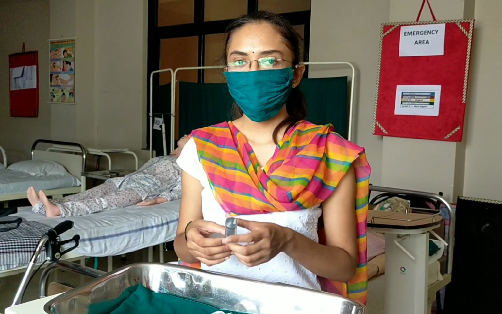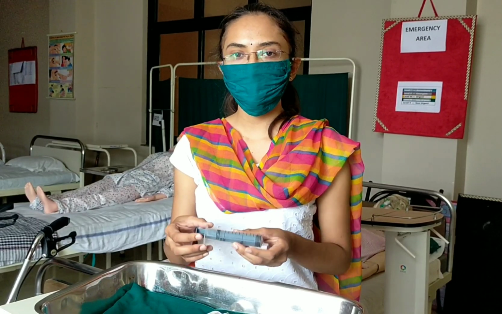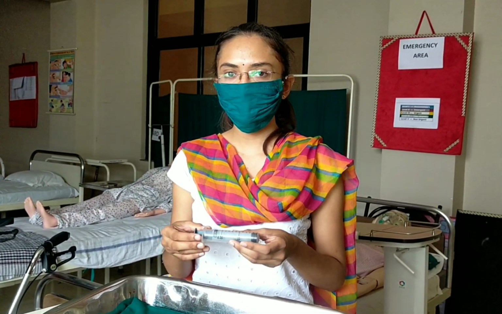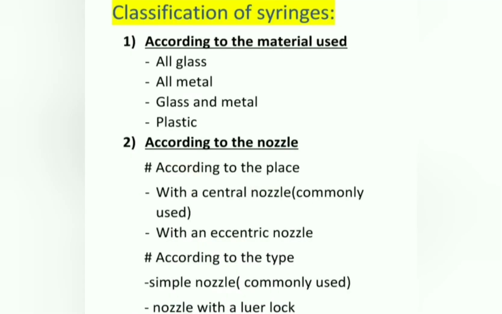The open end of the syringe may be fitted with a hypodermic needle, a nozzle or tubing to help direct the flow into and out of the barrel. Syringes are often used to administer injection, apply compounds such as glue or lubricant and measure liquids. Let's see the classification of syringe.